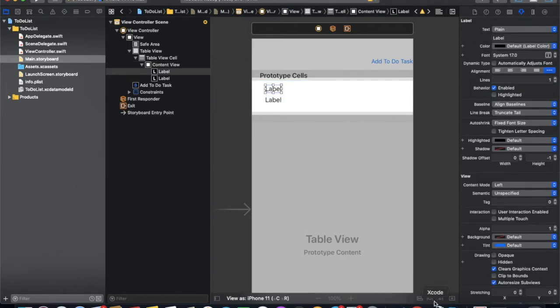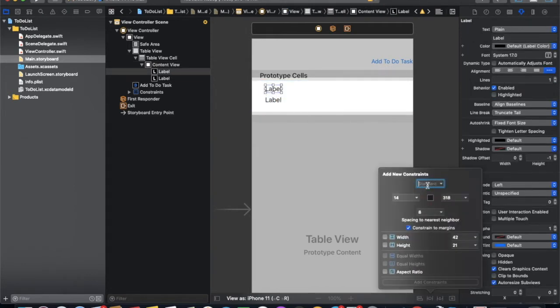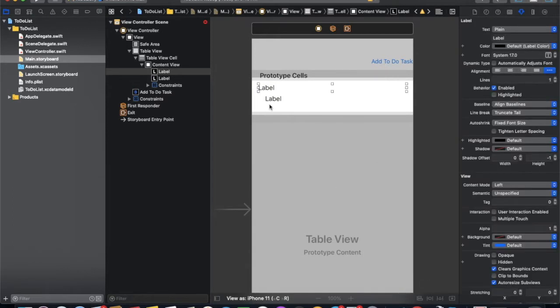Let's give some constraints to it: 8 from top, 16 from leading, 16 from trailing, and 8 from bottom. And this is fine now.